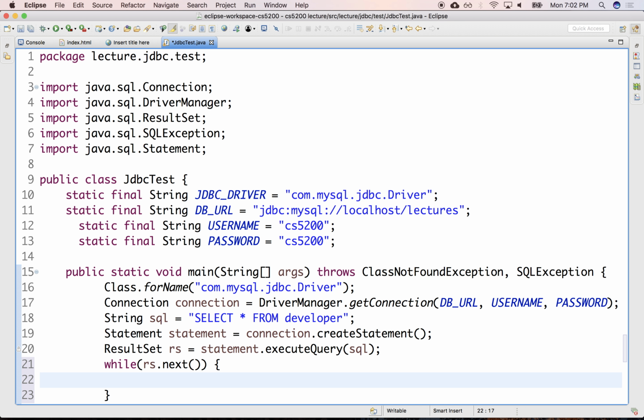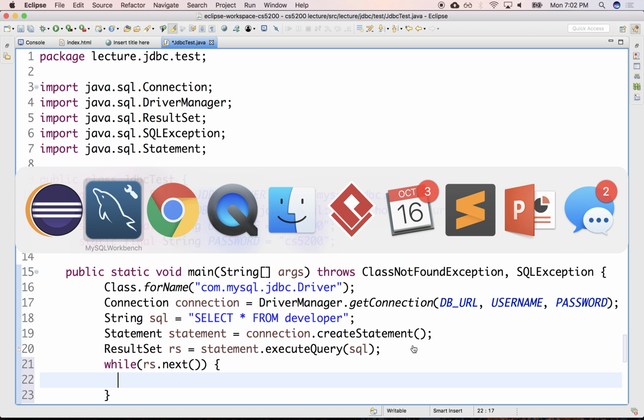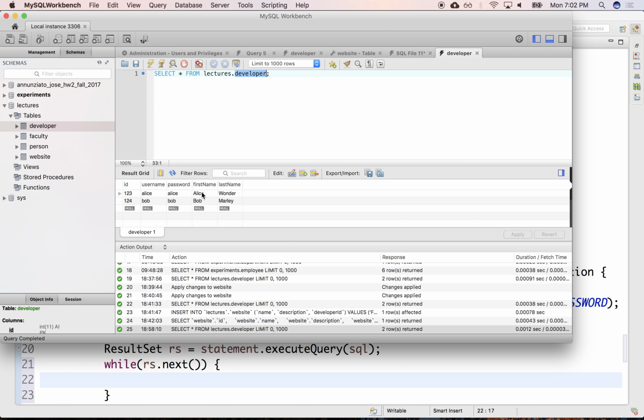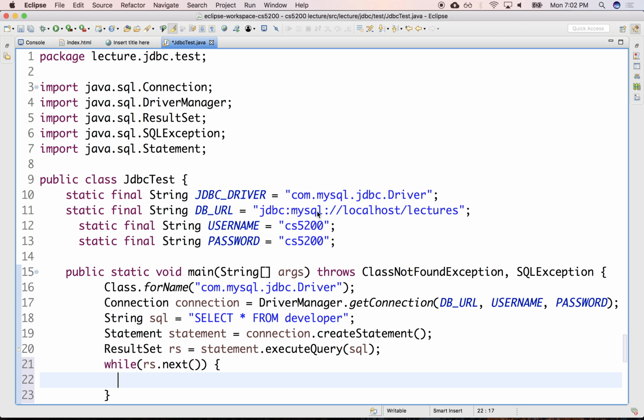All right, now that we have R pointing to a particular row, we can start extracting each of the fields in the developer. In this particular case, we have first name, last name, password, username, and ID. And we can retrieve each one individually depending on the data type. IDs were integers, whereas the other ones were all strings. The result set allows you to retrieve each one by its particular data type. So locally, I can retrieve the ID, and I can say